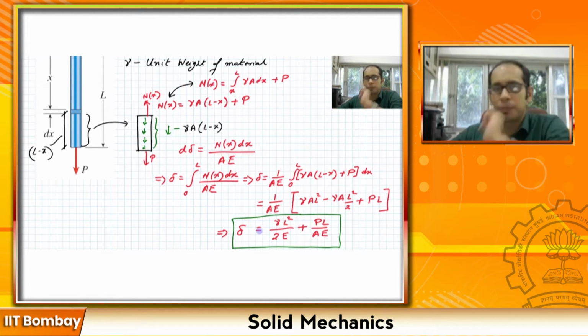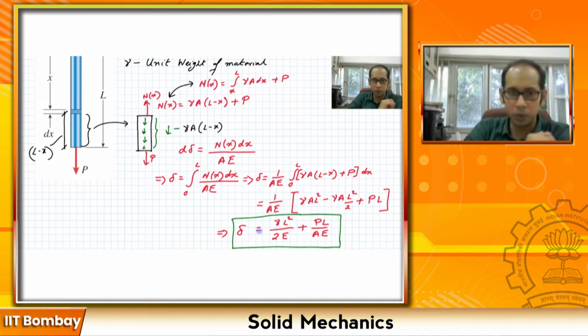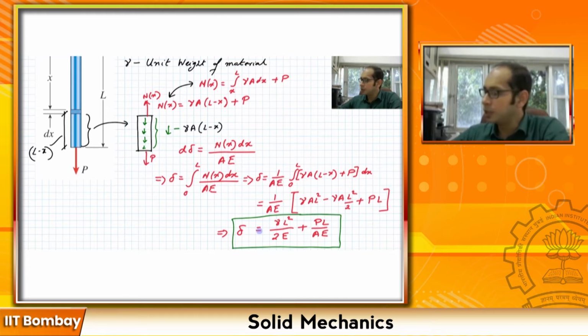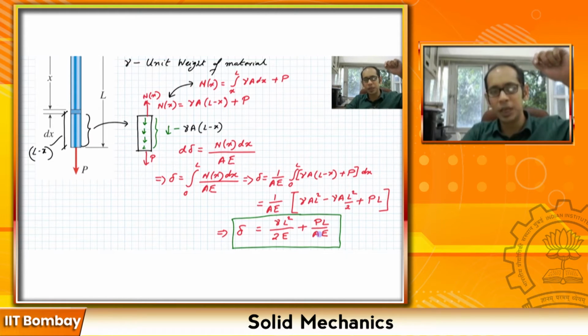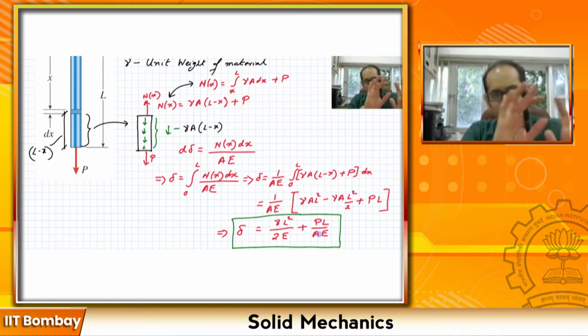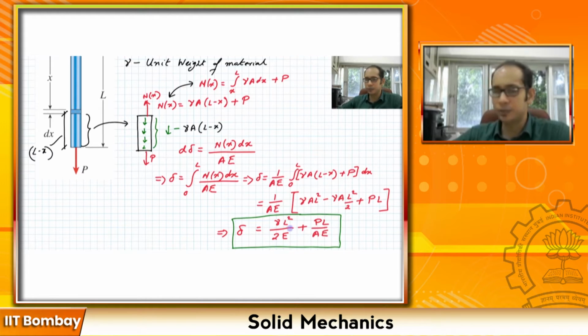But suppose the bar was weightless. If the bar was weightless, so essentially gamma is 0, you don't have a unit weight. This formula reduces to PL divided by AE, which is exactly what we had learned. If you have a weightless bar with a force P, the delta is PL divided by AE. So that makes sense over here. And now since you have a bar which has some amount of self weight, you're getting this additional deflection. Another important tip which I want to give you is that once you have the final answer,